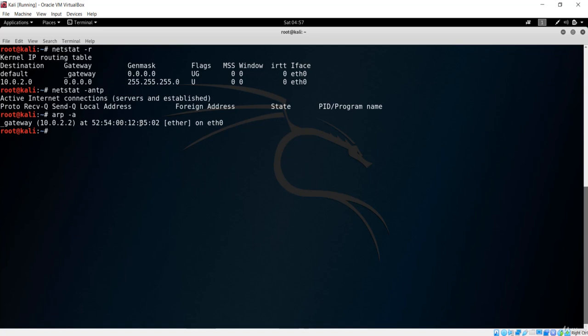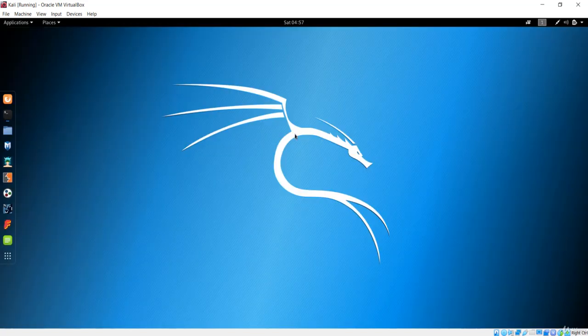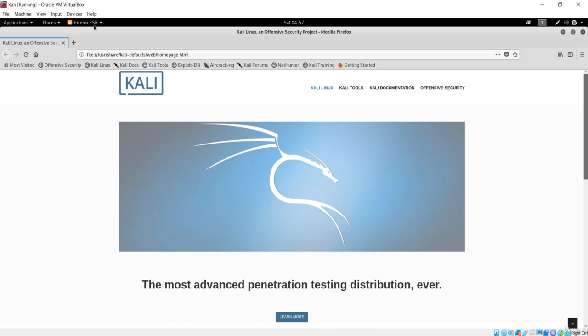So these are some of the networking utilities that we have in Kali Linux and in Linux basically. These are the tools we'll be learning, and in the upcoming lecture we'll see how information can be gathered, how a backdoor can be created and injected in the victim machine, and how to remain anonymous. Before that, you can simply go to Firefox or any browser.